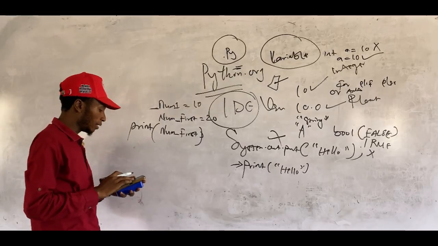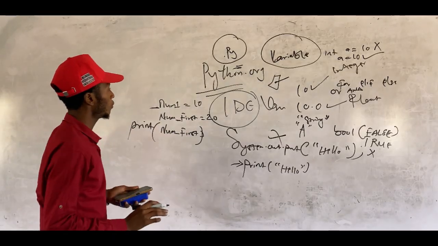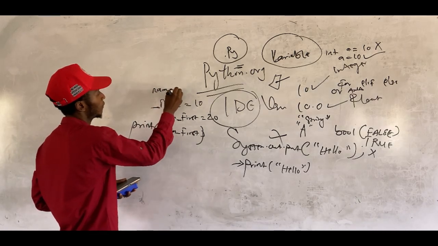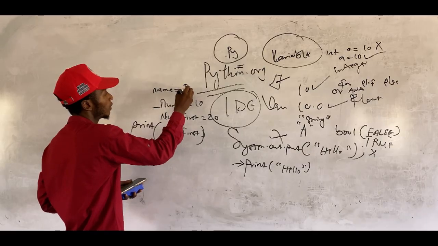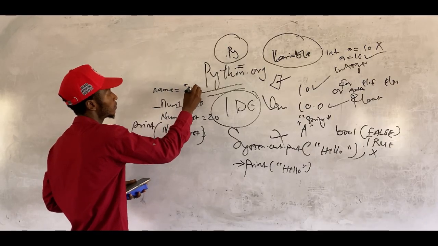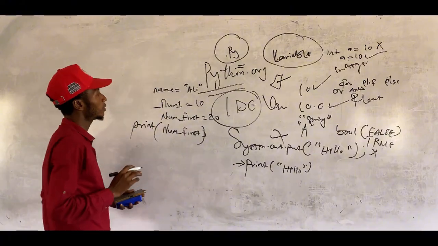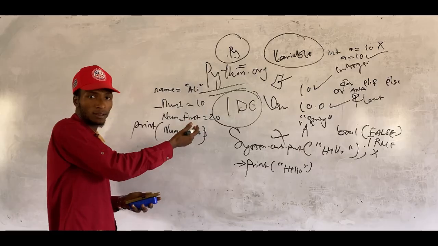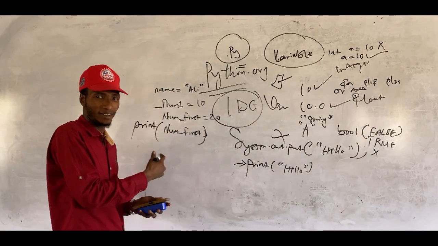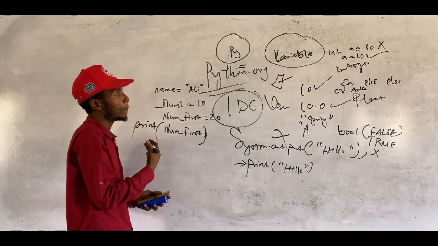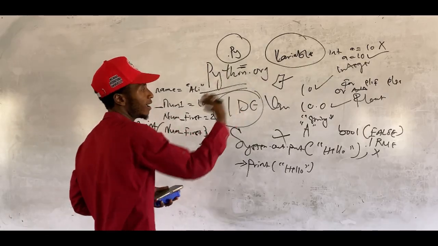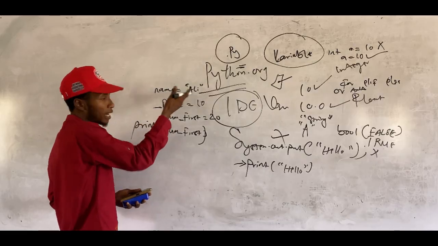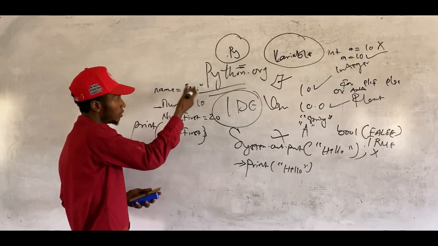Also, this is a single variable declaration. You can have a string like name Ali, for instance. This is containing a string. In Python, you don't need to tell the compiler that, okay, I'm storing a string. You don't need to declare the data type. What you need is just the variable name and the value.